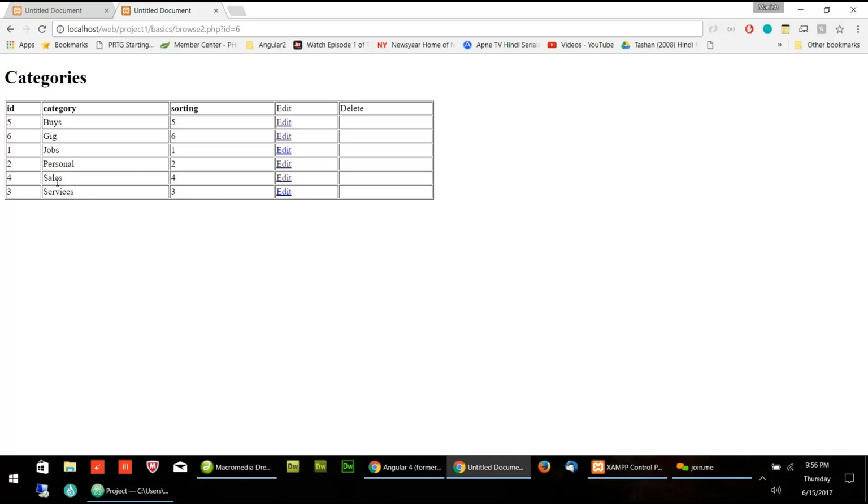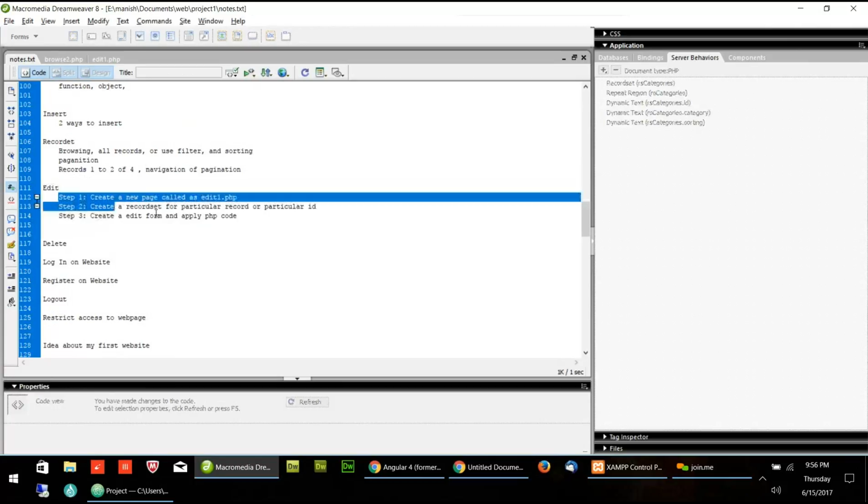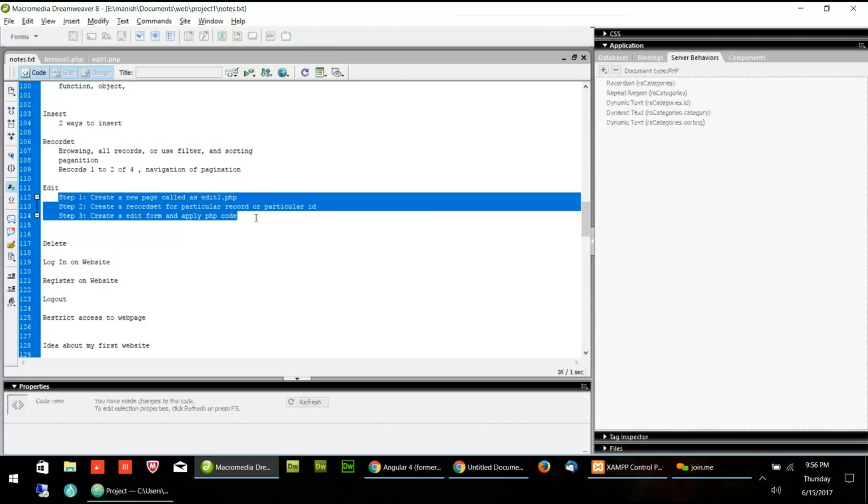Is there anything which you did not understand in the edit part? These are the 3 steps. Which step do you feel a little difficult? I think with some practice, it will be okay. Practice will be okay. Okay.